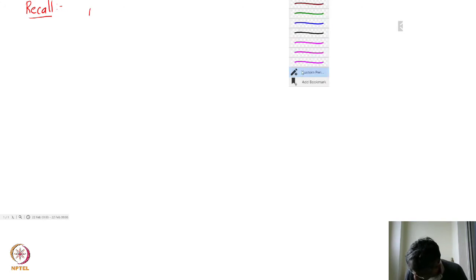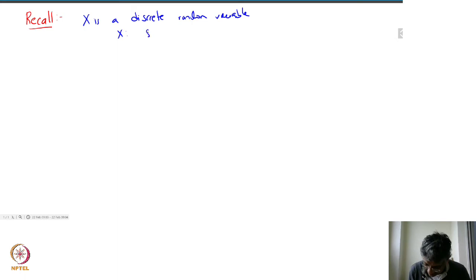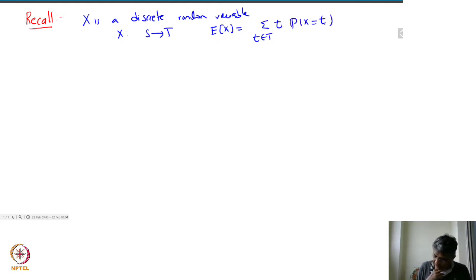So X is a discrete random variable, and X is from S to T. You observe that E of X, the mean of X, is just going to be the sum over T of T times the probability of X equal to T. So it's the weighted average of how X distributes the probabilities onto T, the weights being the probabilities. This we called the expected value of X,